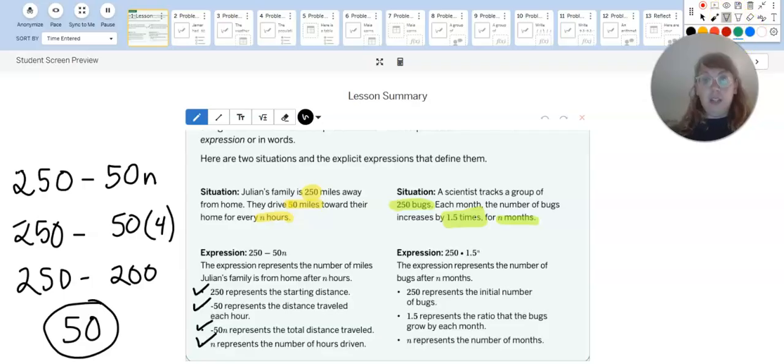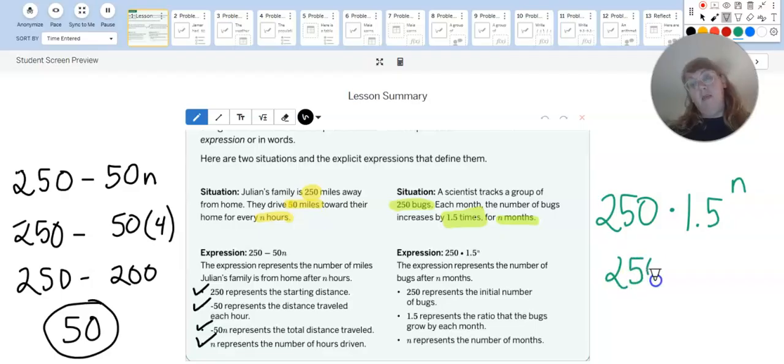We see our multiplication. 250 represents the initial amount of bugs, and then we're going to multiply it by 1.5, which is the ratio that the bugs grow each month. That's our multiplier. And we're going to raise it to the nth power, and that's going to represent the number of months. So if we wanted to see after 3 months, we could do 250 times 1.5 to the third,